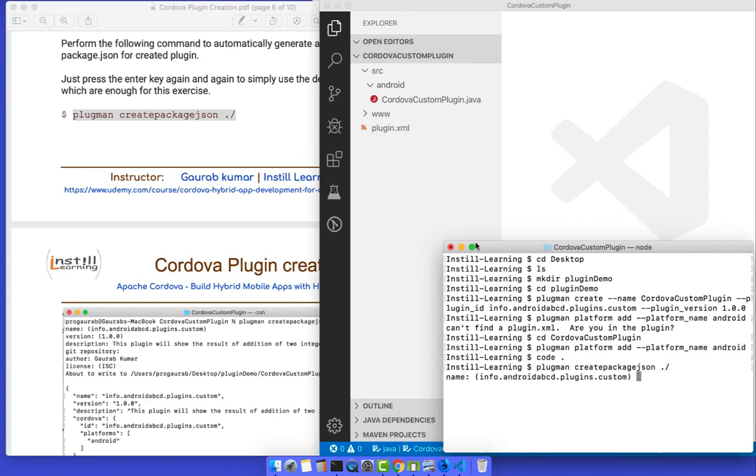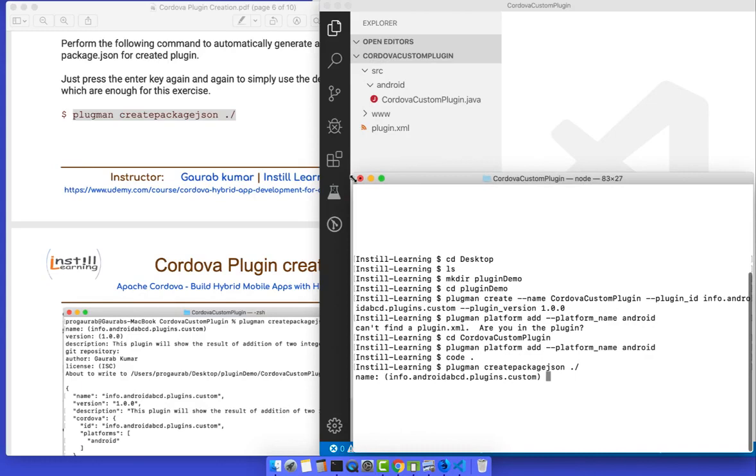Now I'll make it clearer. You can see the package name; it takes the default from the plugin previously. You can leave it as usual, just press enter. The version also it takes as 1, enter. For the description you can write anything.